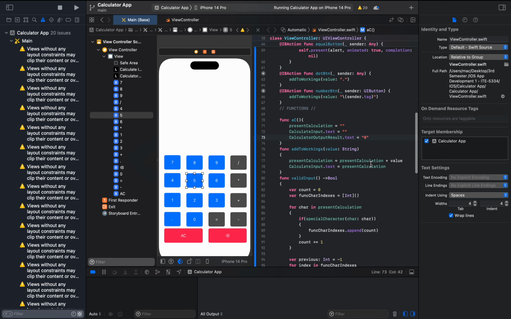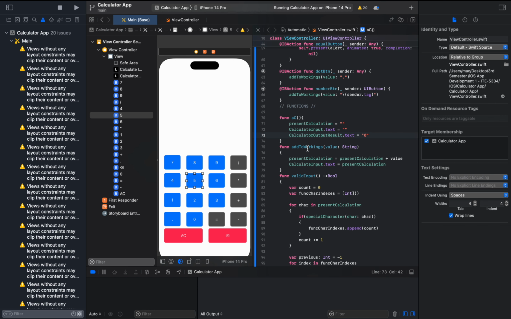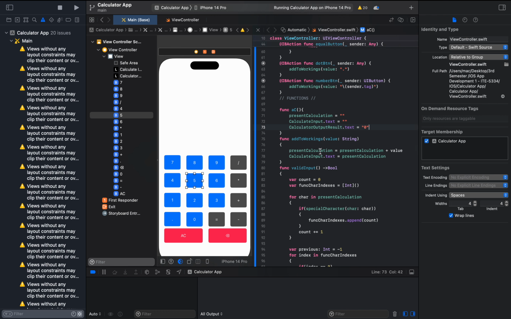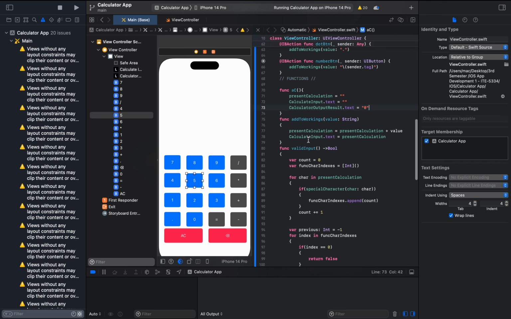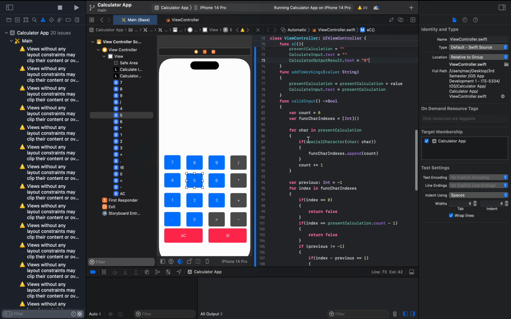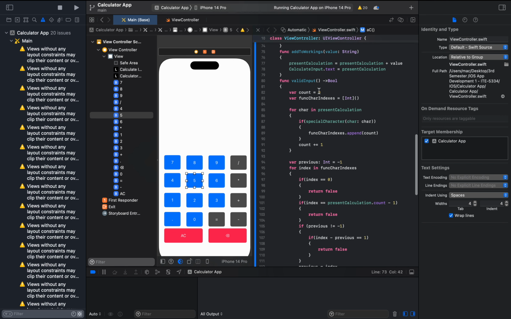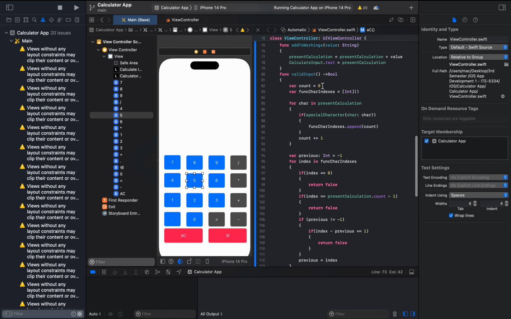The AC returns everything as empty, and the output as 0. Basically this says, okay, present calculation is the value you have right now, plus the new value. That is what comes back again as the present calculation. That is how the calculation works. And then this function says, okay, is the input value valid or not, and it is of type